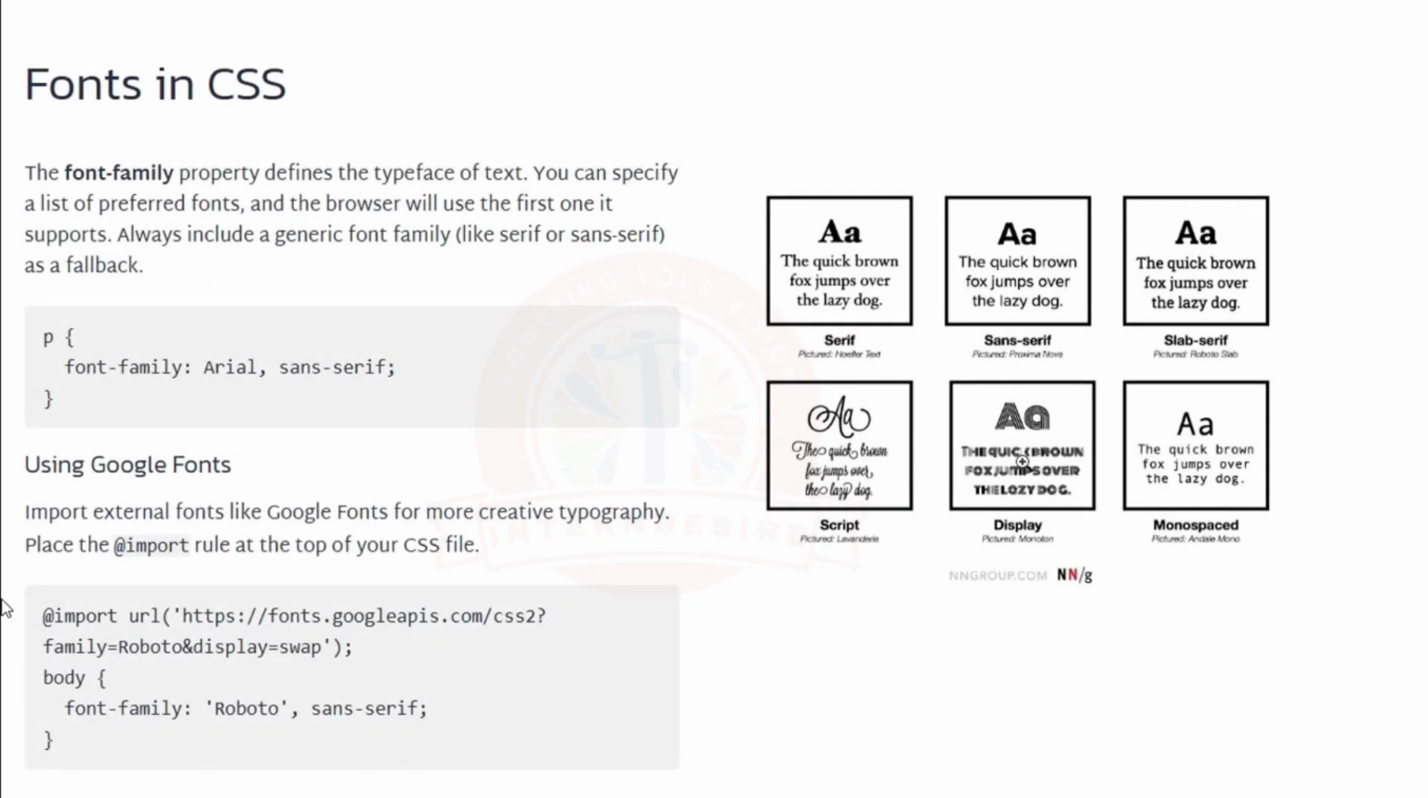Font in CSS. The font family property defines the type of text. We can specify a list of preferred fonts. The browser will use the first one which it supports. Always include a generic font family like serif or sans serif as a fallback. Font family Arial, sans serif, it is already supportable. If we want to use some other fonts, then we can import from Google Fonts,